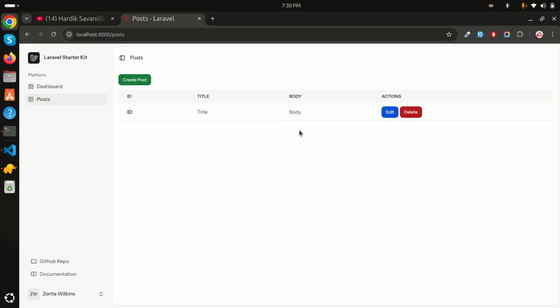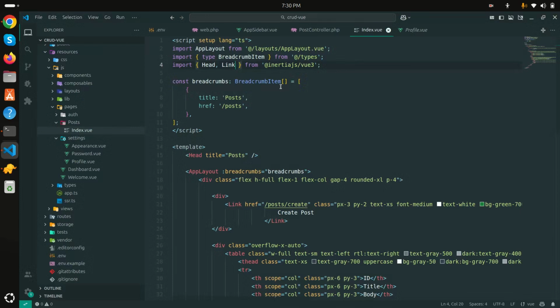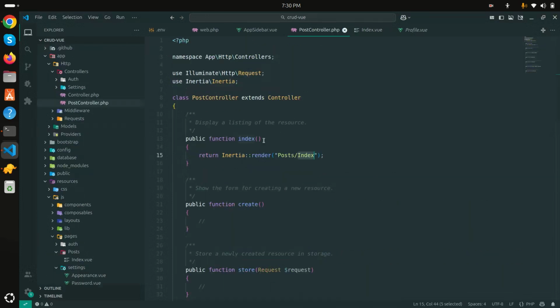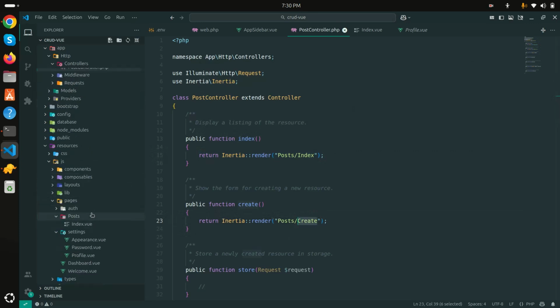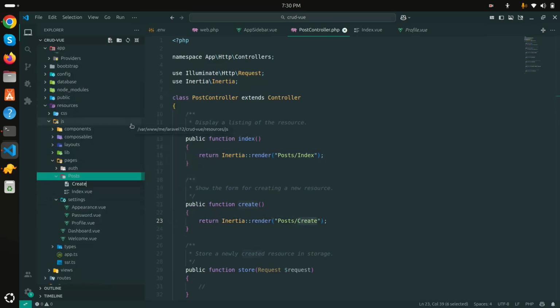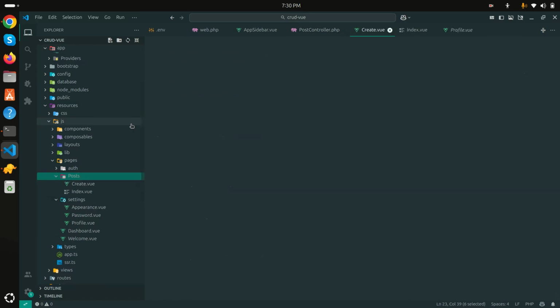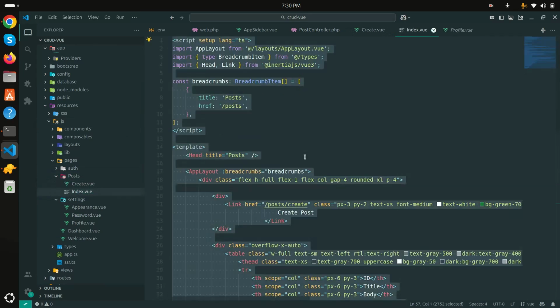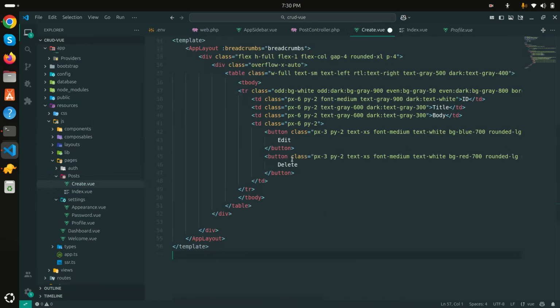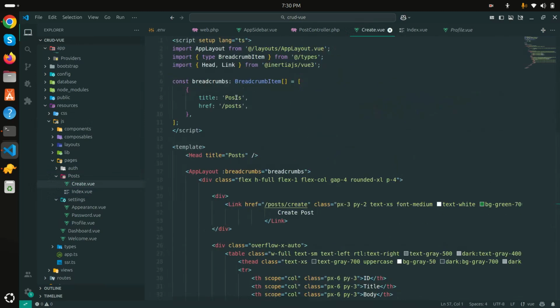title and body. Now let me go here, and if I click on it, that should go over here. So I will just copy this, paste it, and then I will say create. I need to create a new file over here, a new file, create.vue. Same thing, I will copy the index file so I don't have to do so many things. So just say